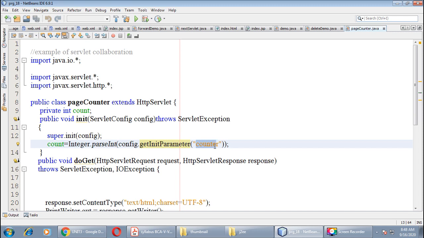I repeat the usage of this method: it is used to get the initialization parameter from your web.xml file. If it is not defined in your web.xml file, then this method will return null. So here, let us check our web.xml file.